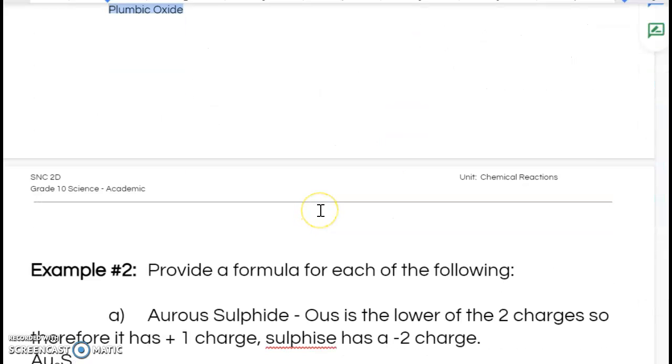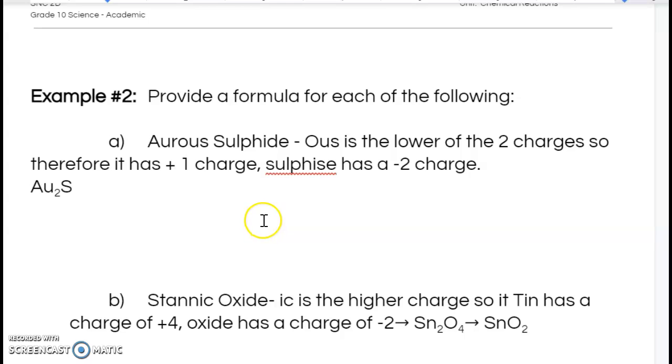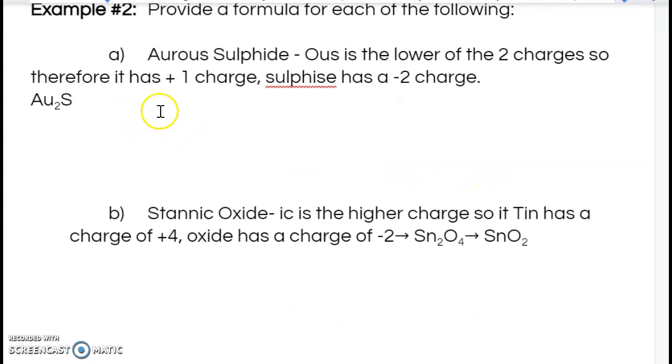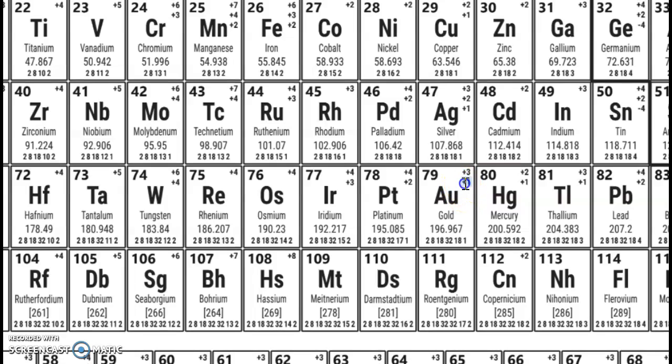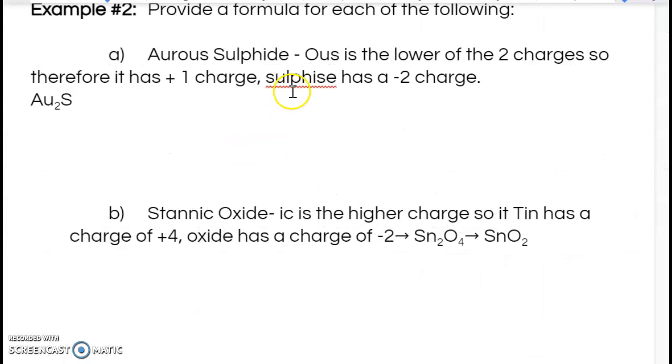Okay, let's keep going here. So if we look at provide the formula for each of the following. So aurous sulfide: -ous is the lower of the two charges, so therefore it has a +1 charge. So let's go to our periodic table. Au, gold, we have a +1 and +3. We know that -ous is the lower of the two, so -ous will be the +1 charge. So this one will be